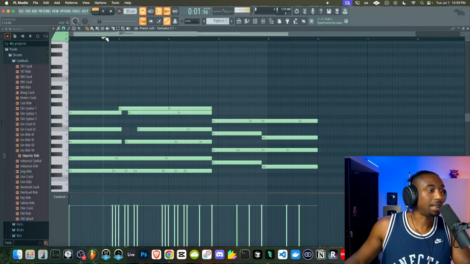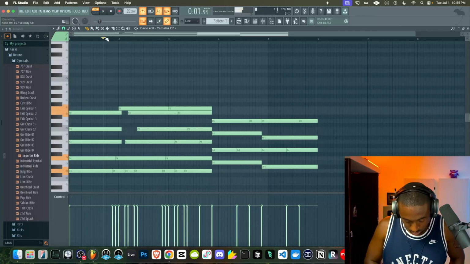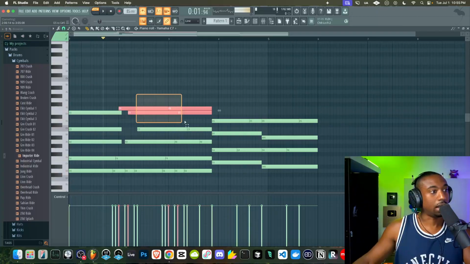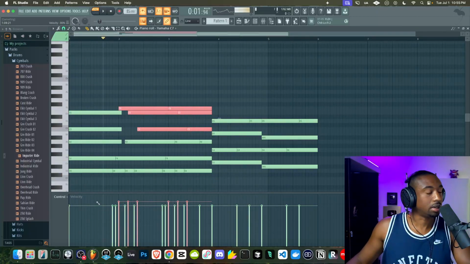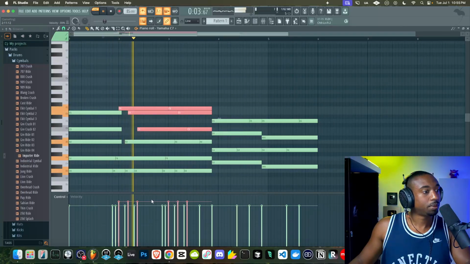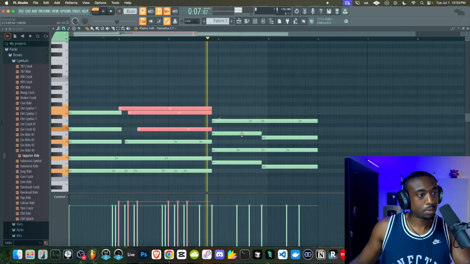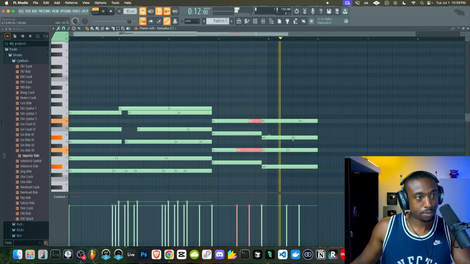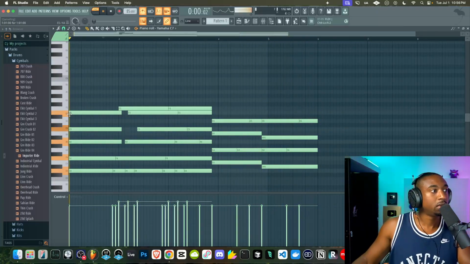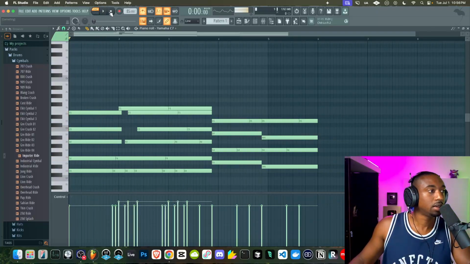So what I want to do is highlight the notes that I want to express. So remember when I played it, these top notes are going to be a little louder than the rest. So let's highlight these and just right click to create a line here, or just hit shift to left click in the velocity area. And you could add little stuff here.